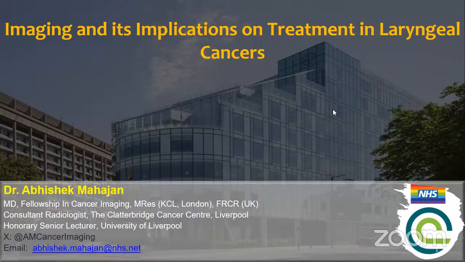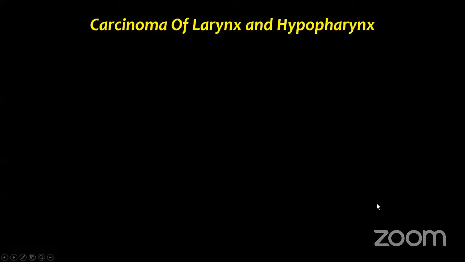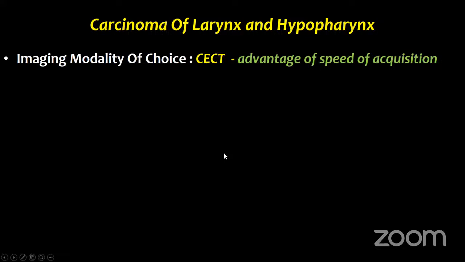Thank you, and thanks to Aseem and Sabani ma'am for giving me this opportunity to speak on this topic. In the next 20 to 30 minutes, I'll pass through the anatomy and various critical structures which imaging explores, the extent and the spread, which have implications while planning the management of these laryngeal and hypopharyngeal cancers. Imaging is complementary to the clinical examination as well as the endoscopic biopsy, which is routinely done in patients with laryngeal and hypopharyngeal cancers. But subtle abnormalities and spread into some spaces and fat planes are not seen on endoscopic examination. And there comes the role of imaging.